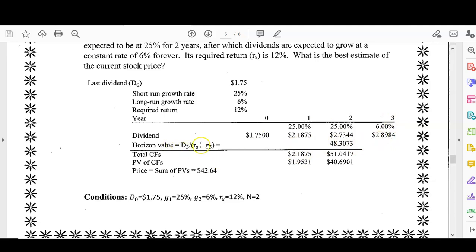P2 is D3 over RS minus G3, or G2 here. G3 means the growth rate in the third year, which is the same as our G2, the growth rate in the second stage. It's 48.373. And then if we want to discount them manually,